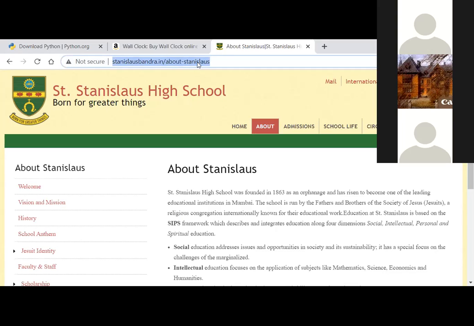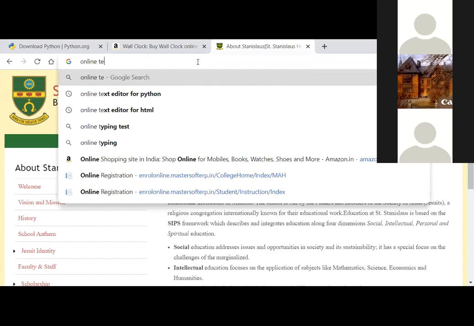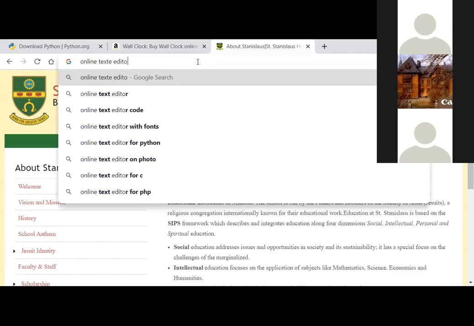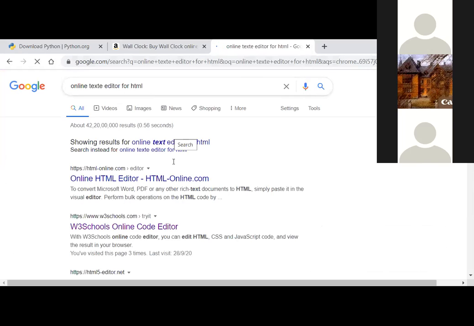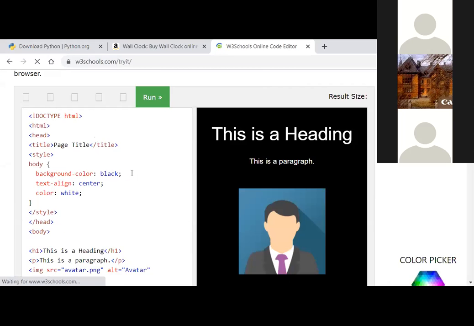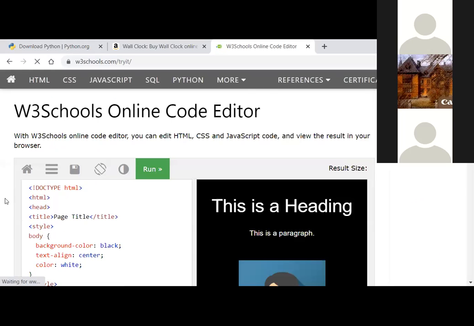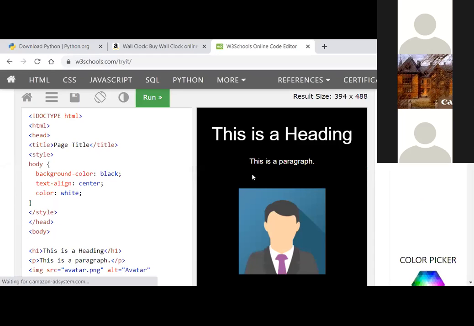Or else what you can do for the time, you can use an online text editor. Like if you just type this query, online text editor for HTML, there is w3schools.com, which provides an online text editor. So you can just type code over here, and you can view the content on your phone as well.